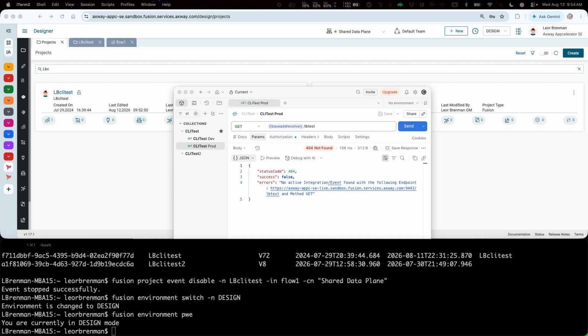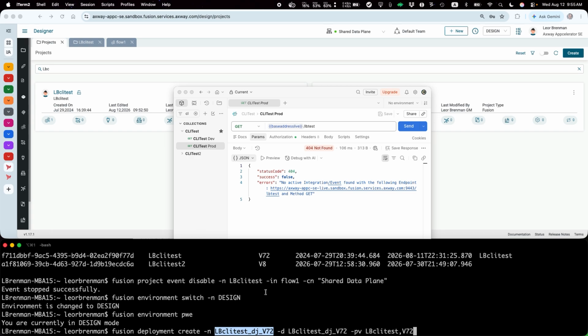So there, in the deployment section of the CLI, there is a create. So Fusion deployment create. So this is the name of the deployment job. You can call it whatever you want. I typically like to use the project, the main project, I use DJ for deployment job, and then the version. And